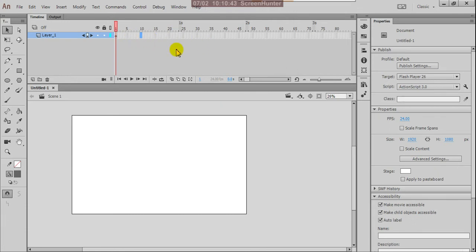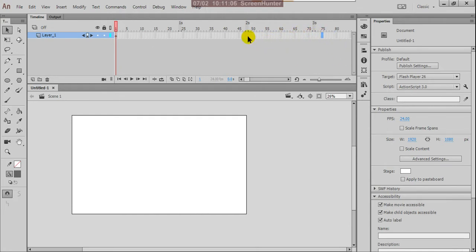So it is very easy to count your frames. Suppose from here to here is 5, here to 10, 15. If you want 60 frames, you don't need to count continuously 2, 3, 4, 5, 6. You can just click on that 60th frame, and this is the 75th frame.